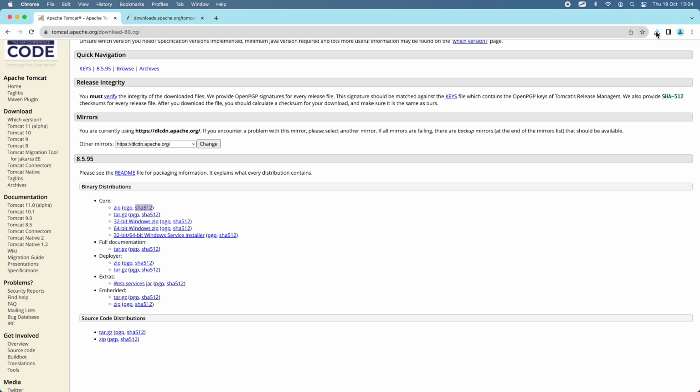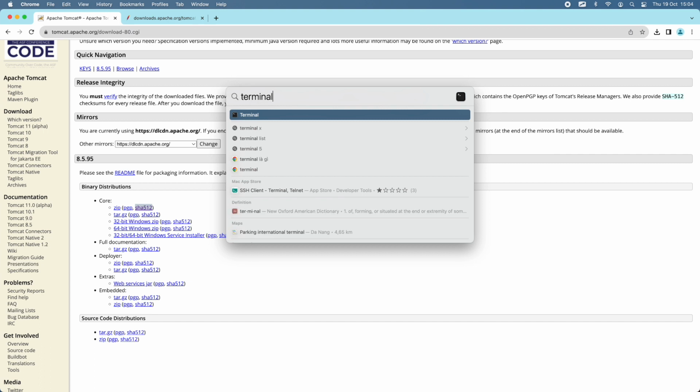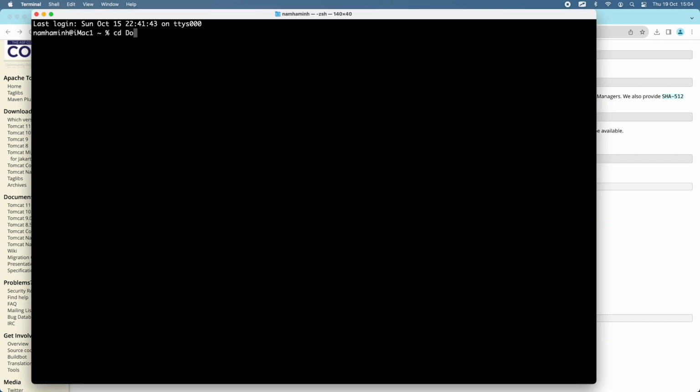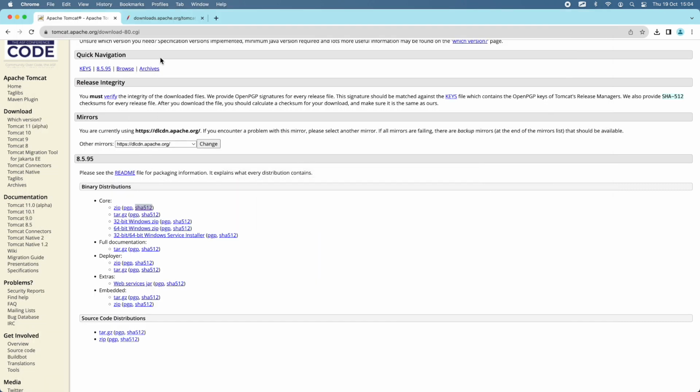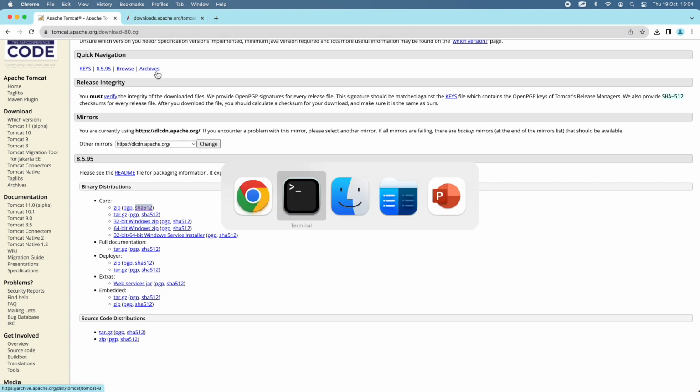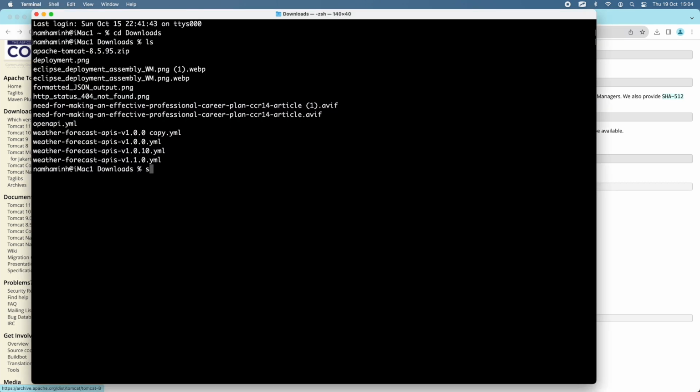Okay, the file has been downloaded here into my downloads directory. Let me open a new terminal window and change the current directory to the downloads directory, and you can see the file Apache Tomcat version 8.5.95.zip archive file here. And before extracting the zip archive file, we should verify the integrity of the file by getting the SHA-512 checksum of the downloaded file using this command